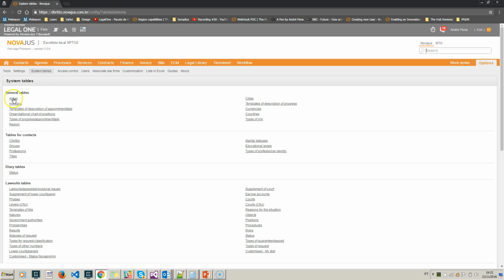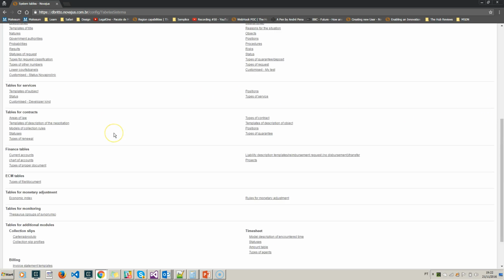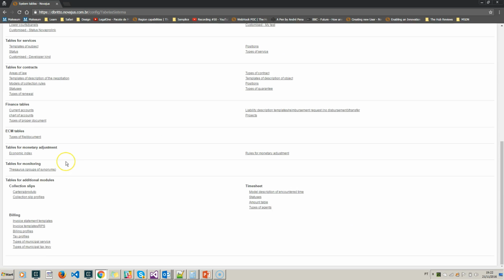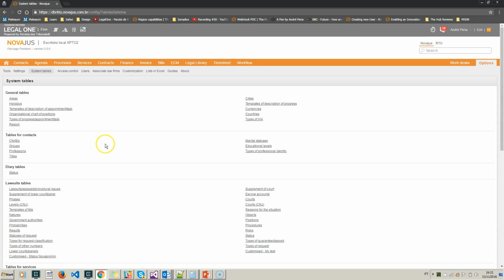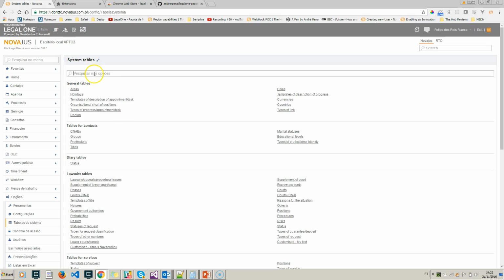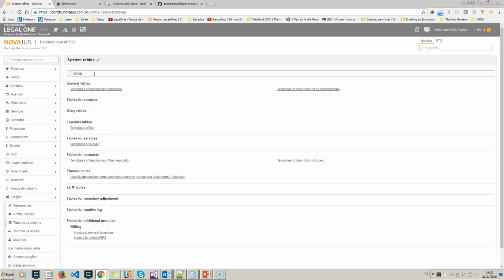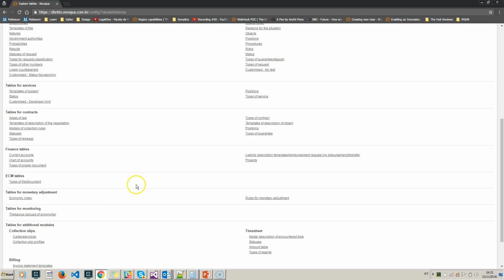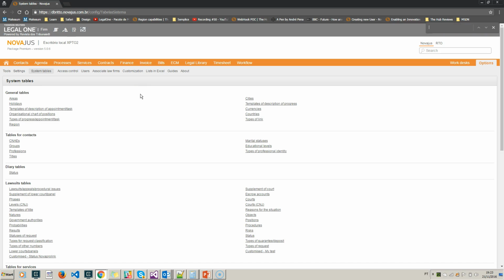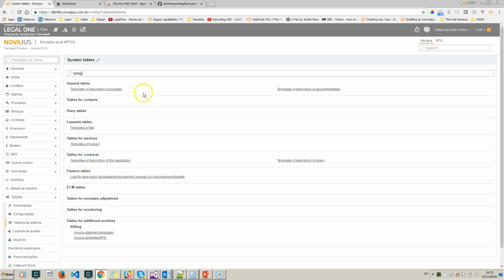So back here, you can see that there are lots of system tables, and if the user is willing to find something here, he's gonna have a really hard time because there's no way to search. And what I did is that I solved that with this search thing here at the top. So if you search for templates, you can see that it's easier to find what you're looking for. Of course, it's not as sophisticated as this menu here. I mean, I don't have keyboard navigation. I don't have a way of making them favorite, but it's still better than the user having to search through all of these items. So a power user would know that Control F would search. So if I want lawsuits, then I could just do this,